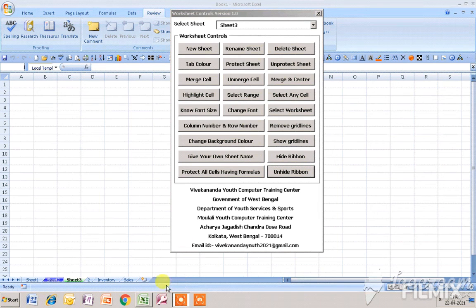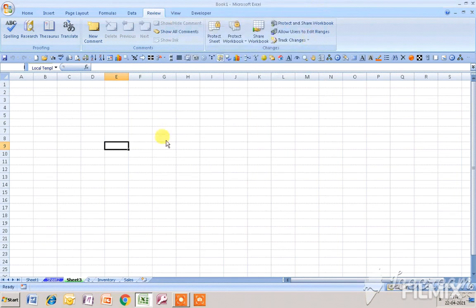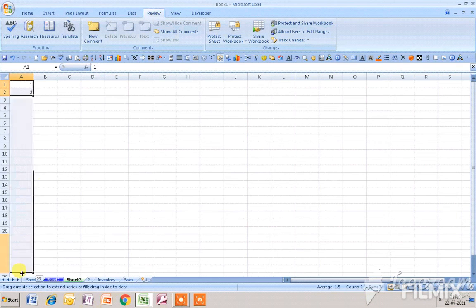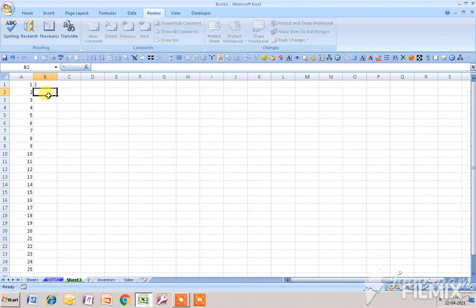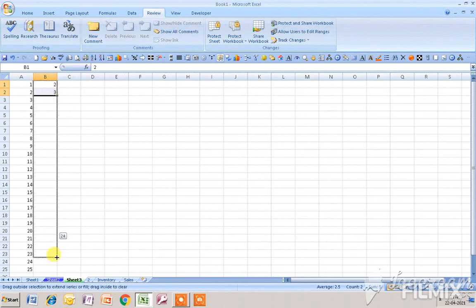Now I will show you how you can protect all cells having formulas. It is very important to know how you can do that. By a single click you can do that. So first of all, I have to do some changes in the worksheet. Suppose I insert some values and I will make addition.